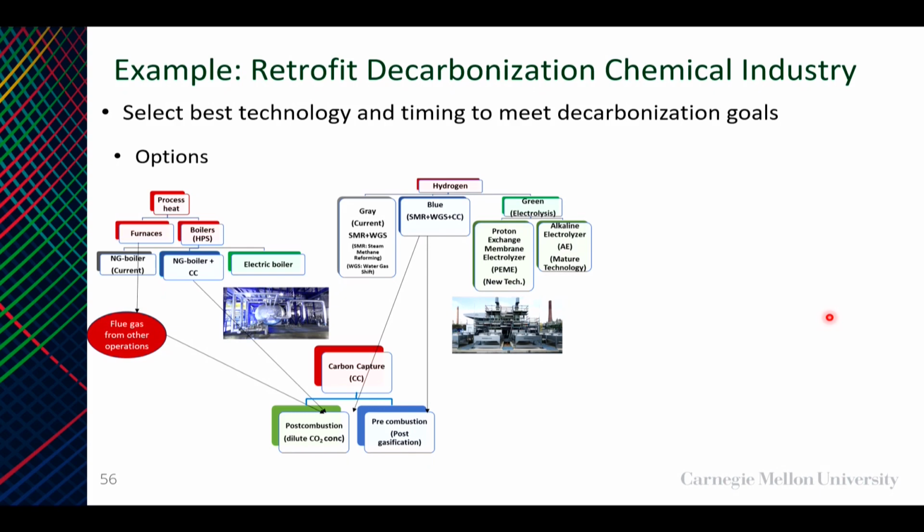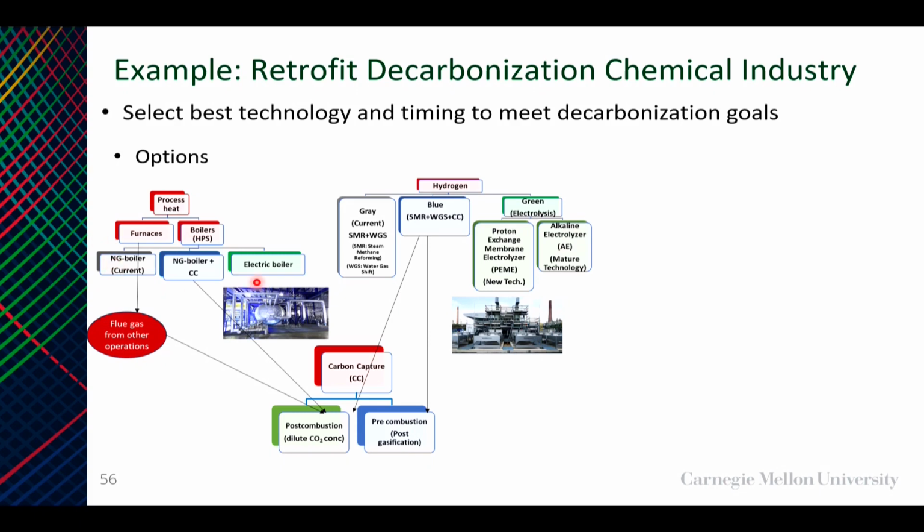So which are the options that we are considering? This is a case study that we are doing with oil refineries. Oil refineries mainly need process heat and hydrogen. Hydrogen we have discussed before how to decarbonize. We can also do it, as we are doing right now, with steam methane reforming and added carbon capture units. For process heat, we can use e-boilers, and if we are going for very high temperatures, the only option right now is to use